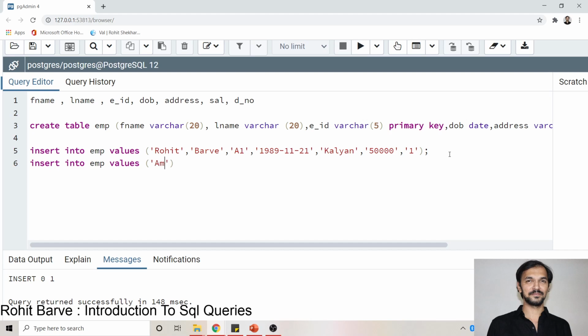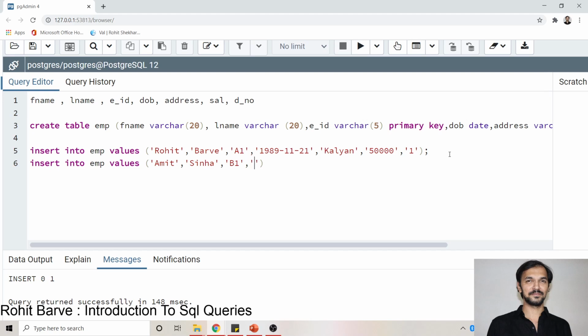So I will write here Amit, then Sinha, that is the second value will belong to last name. Now the third value that I will write will belong to employee ID, that is B1.